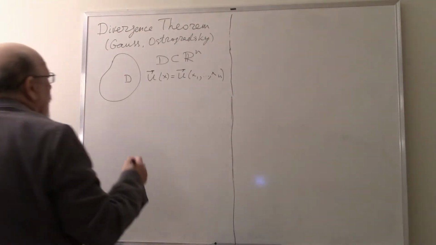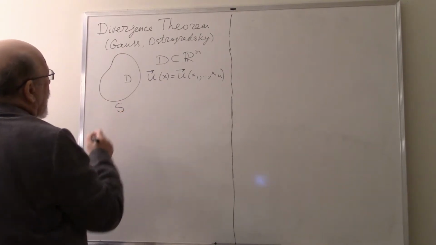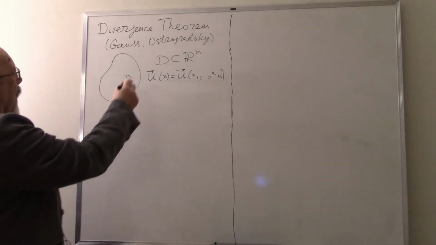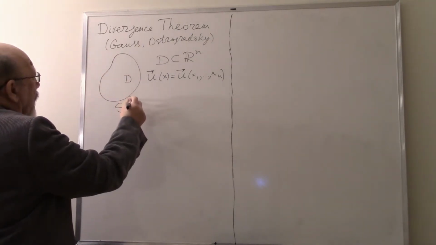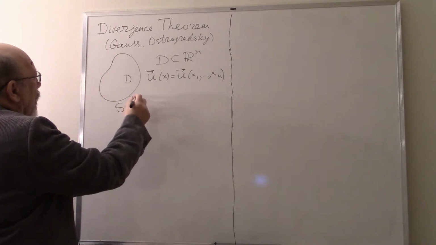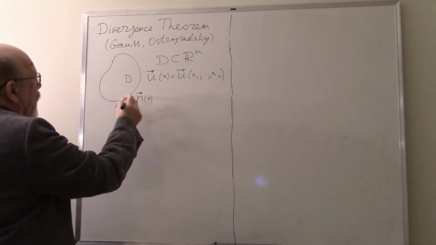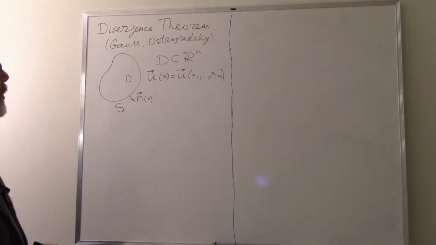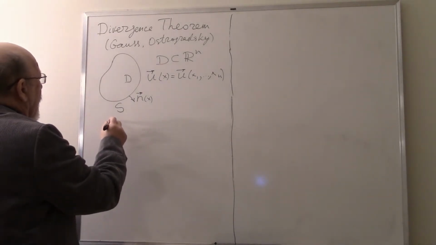And we consider also the surface S, which is the boundary of D, and at every point the unit normal n, depending on x. At every point of the boundary, I consider the unit normal which looks outside. Then we consider the following integral